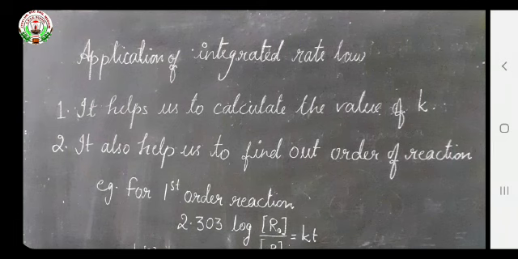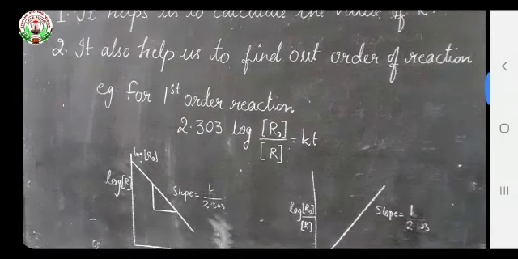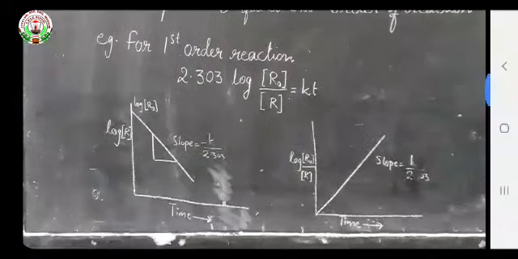So here we have one example for the first order reaction, because most of the reactions that we have in our daily life follow the first order reaction. That's why it is more convenient to take the example of first order. The expression for the first order reaction is 2.303 log [R]₀ upon [R] is equal to kt. When we are plotting the graph